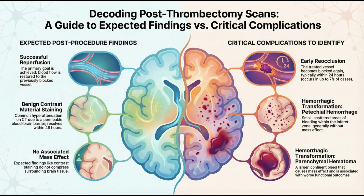So when they inject the iodine dye during the MT, it just leaks right through those new holes into the damaged brain tissue. Precisely. This extravasated contrast material stains the surrounding tissue, and it appears bright on the CT, mimicking a small hemorrhage. And it doesn't go away quickly. No, because that tissue is damaged, it can take up to 48 hours for the body to slowly clear that